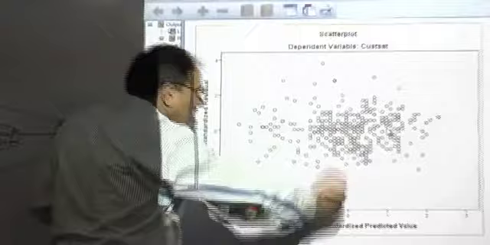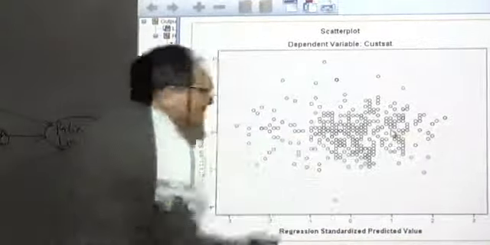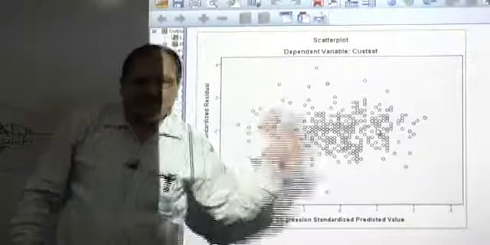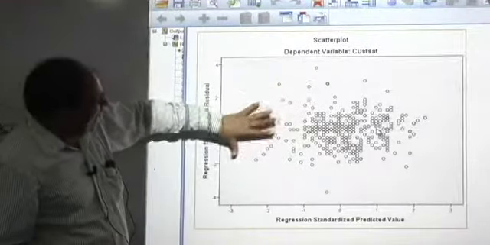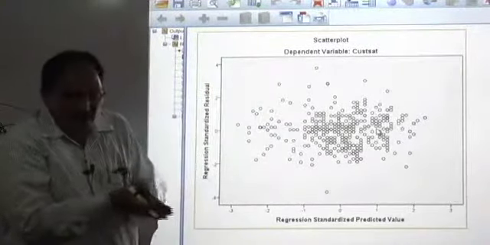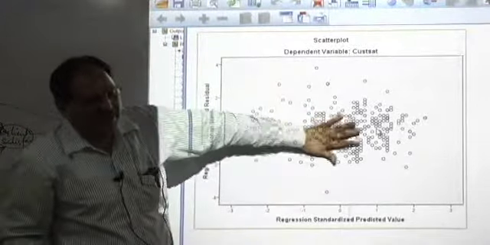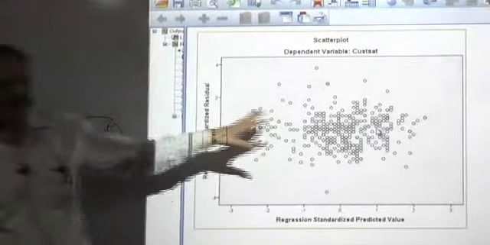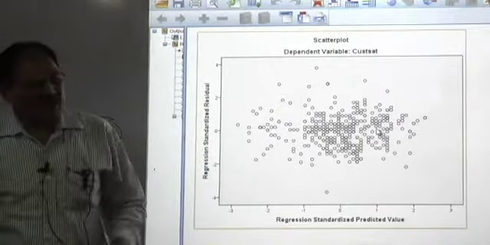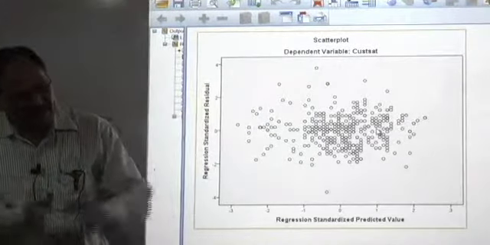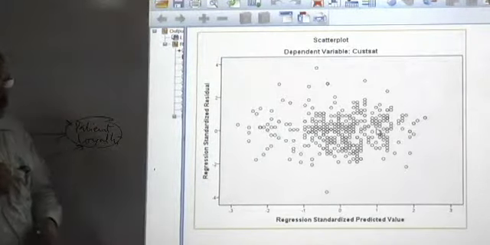But if you draw two lines from zero, zero this side, zero that side, and an equal number of dots are this side and that side, homogeneity is okay. And also the curve does not become a funnel. This shows that homogeneity is not a problem for this regression test. I will show you some other place where you will find a significant funnel indicating that homogeneity is in doubt. In this case, homogeneity is not in doubt.